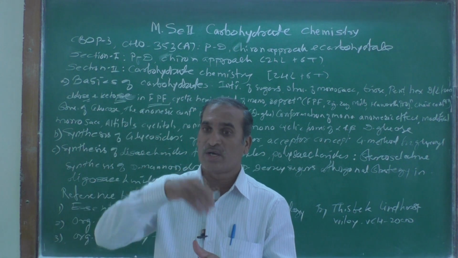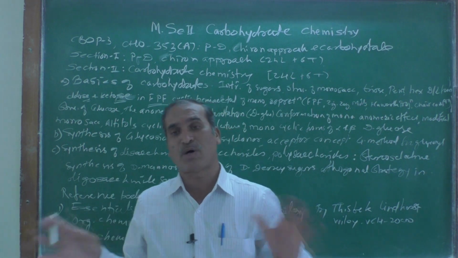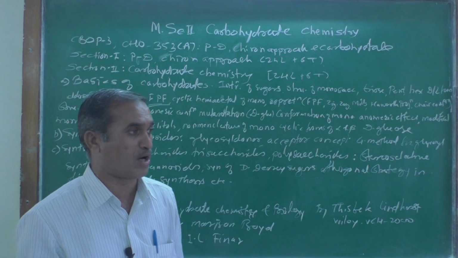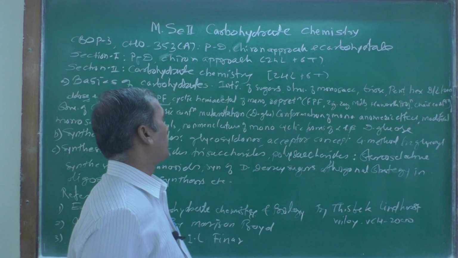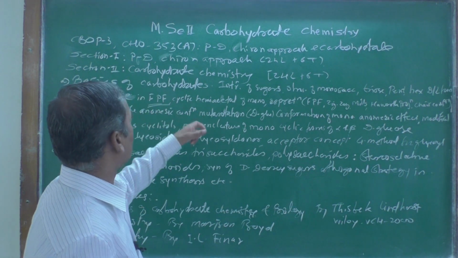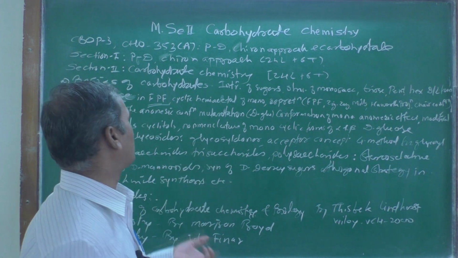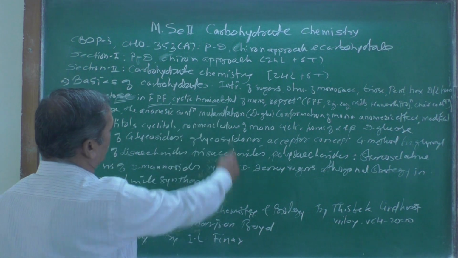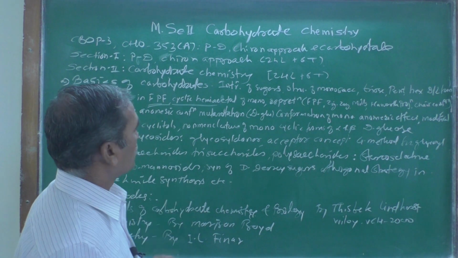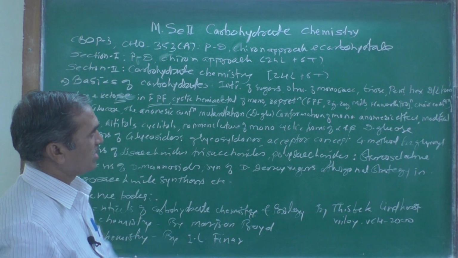Therefore a cyclic compound is formed, and that cyclic compound gives different properties which are not shown by the open chain compound. That's why we are going to study the cyclic hemiacetal type